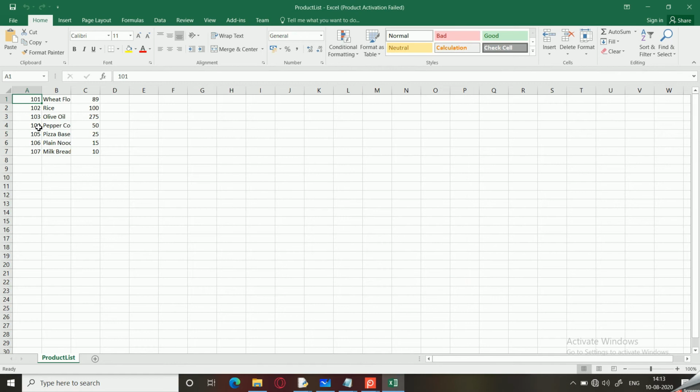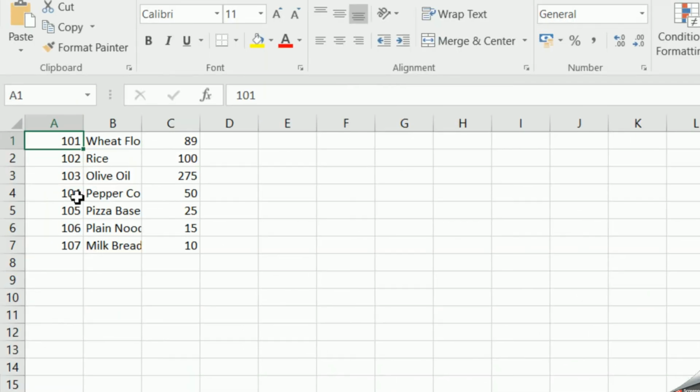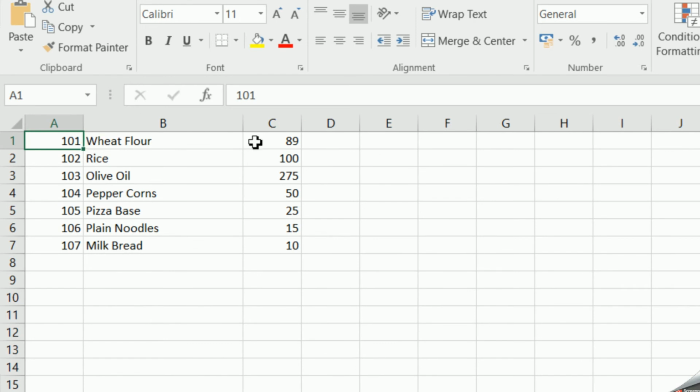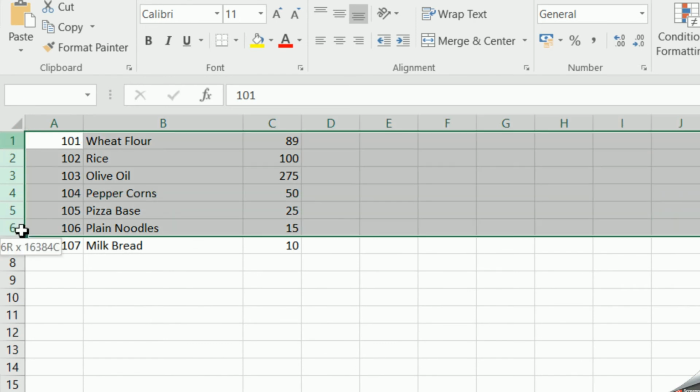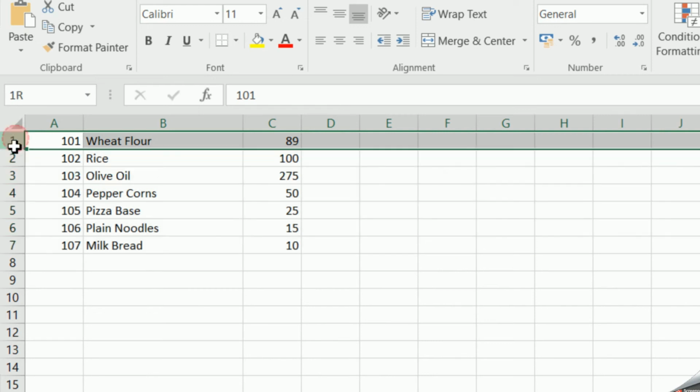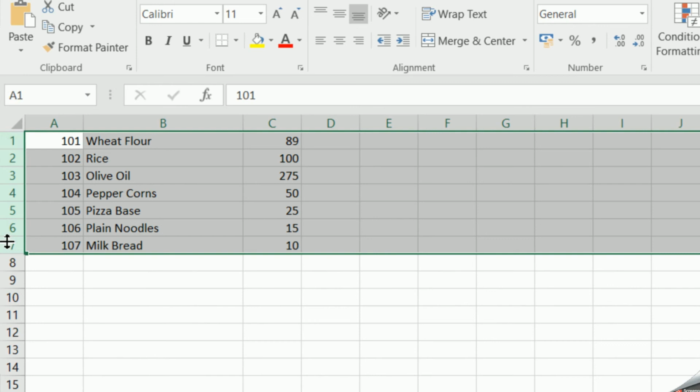So you can see how it looks. These are the file contents, and there are a total of 7 records in the file. What we want is all these values should be displayed prefixed by the record number.